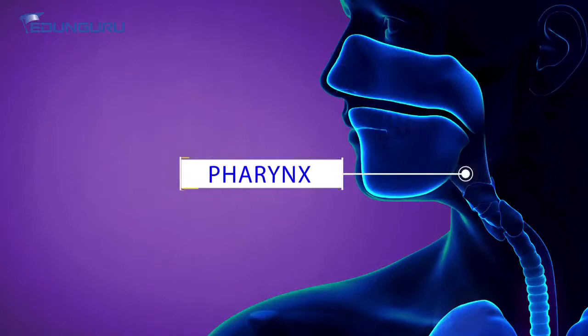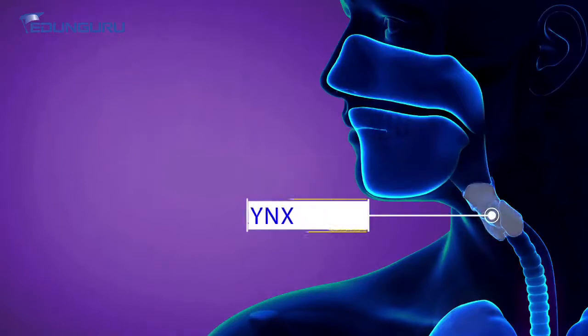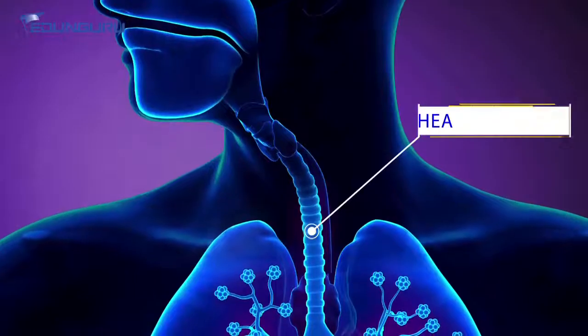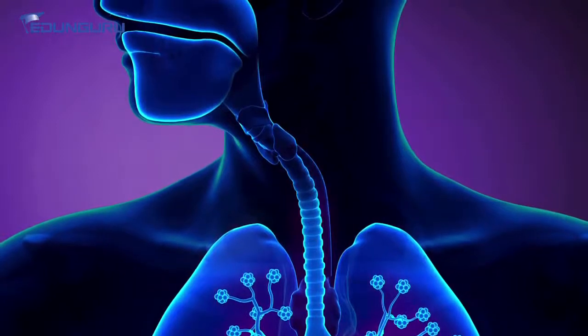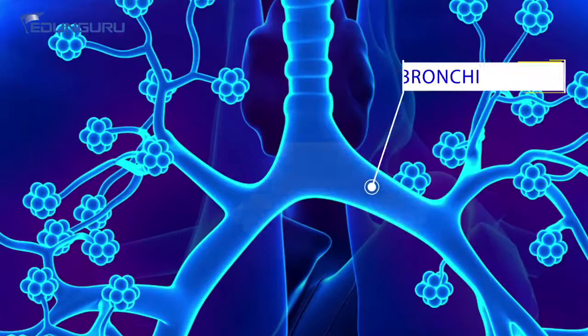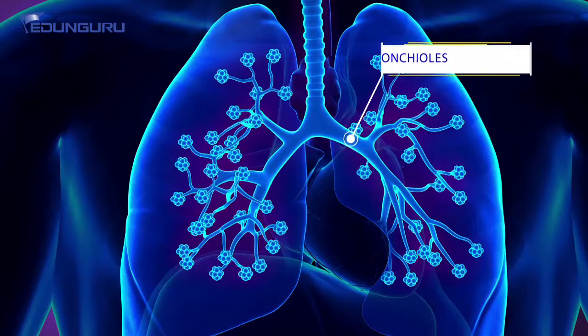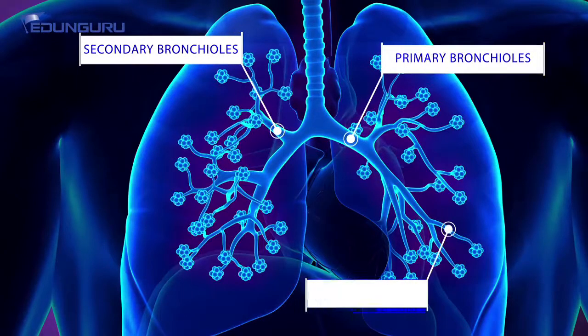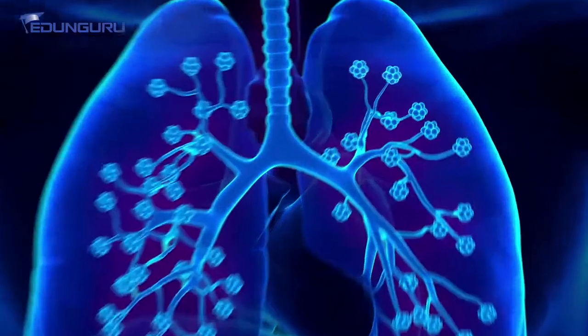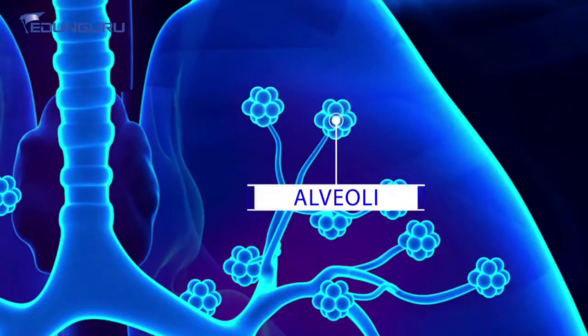After pharynx, the air travels into the larynx, the sound box. After larynx, the air travels in the trachea. From trachea, it divides into two, forming bronchi. Then the bronchi enter the lungs. When we talk about lungs, the bronchi divide into small bronchioles. There are three types of bronchioles: primary, secondary and tertiary bronchioles. And finally, all the tertiary bronchioles have a small grape-like structure in a bunch that we all call alveoli. What we need to understand, last but most important organ, that is lungs.